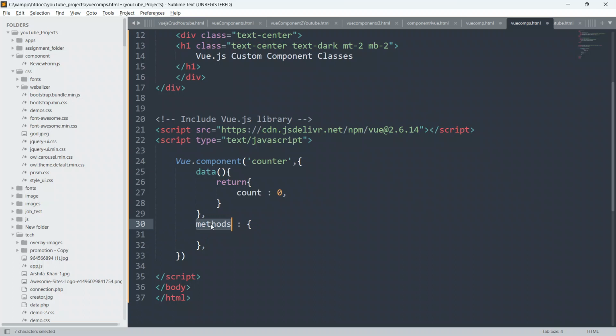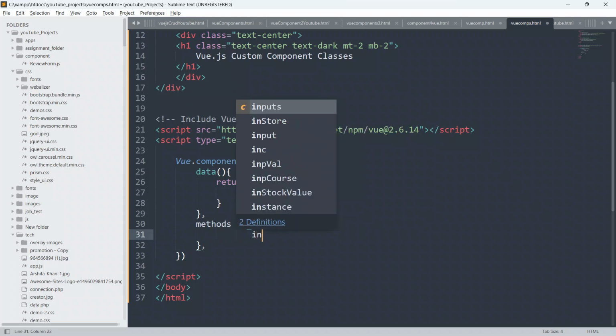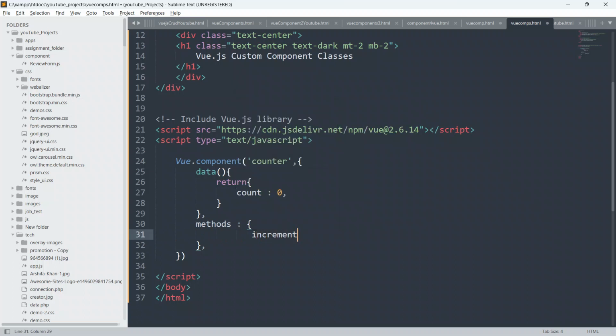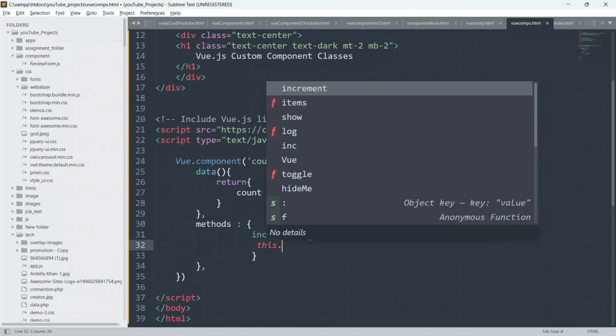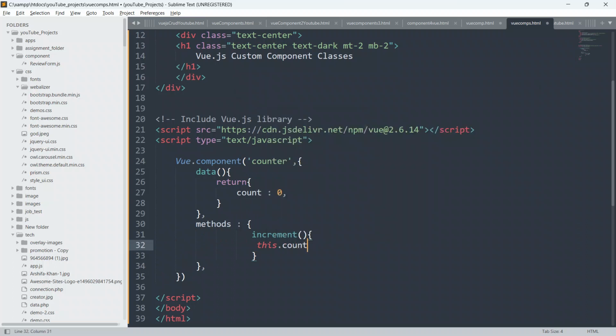Okay, your counter behavior. So I'm gonna give here the counter function name as increment. Okay, and I will define it. So I will say this dot count, and I will say plus. Because guys, here I will increase the counter by 1 every time I click the button increment. Okay, and I will also define decrement also. So I will say decrement.